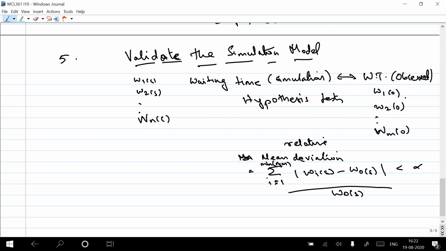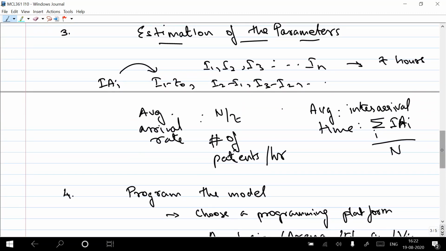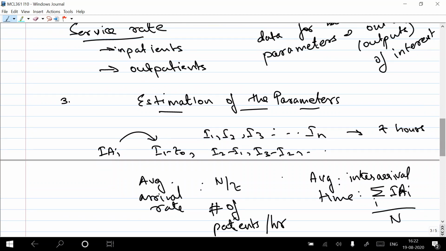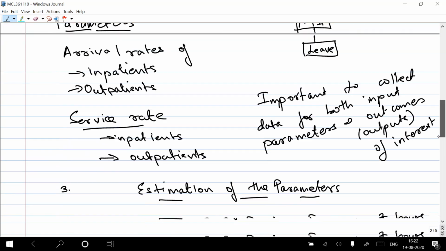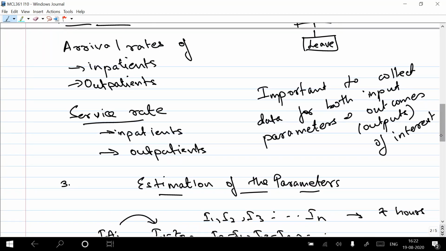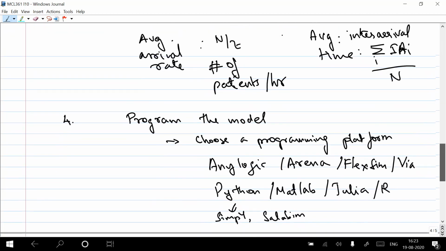By the way, at all steps, ideally, for example, when you develop a conceptual model, you may want to go and talk to your domain experts. In my case, I want to present it to the hospital. When I develop the logic, the conceptual model, I may present it to the hospital manager and say, look, here is the conceptual model I have. What do you think? Does this make sense? Does this not make sense? And they will tell us, yeah, this part makes sense, this doesn't, and so on. Then you make modifications, and together you arrive at a consensus on the best conceptual representation of your system.